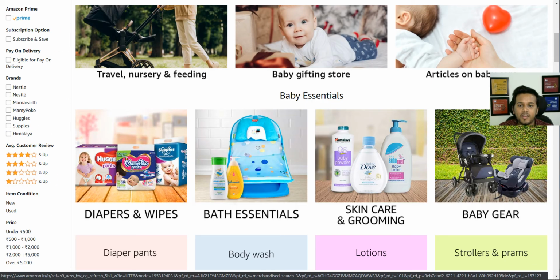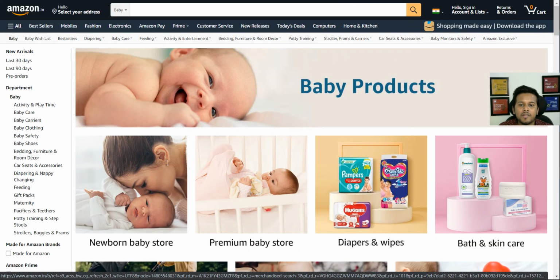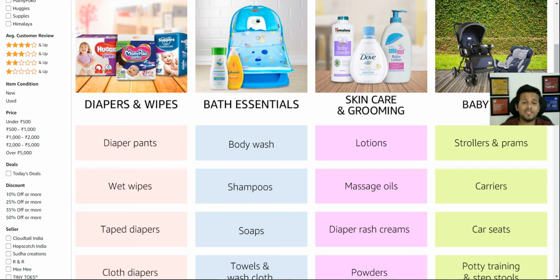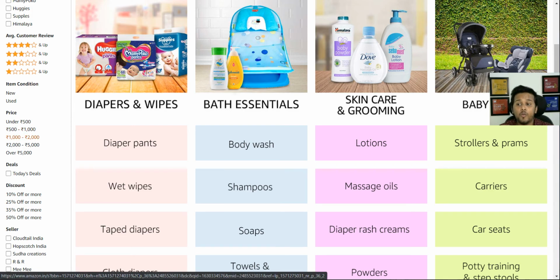Now if you see here again, there are a lot of different departments and categories. We do not want to go to any category level this time. This time we are just going lazy browser. We are just searching and browsing if there's a product that is unique, that is not available in the retail stores near us. So how do we do that? We will put a price filter of 1000